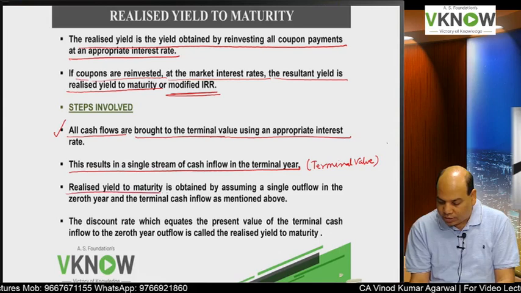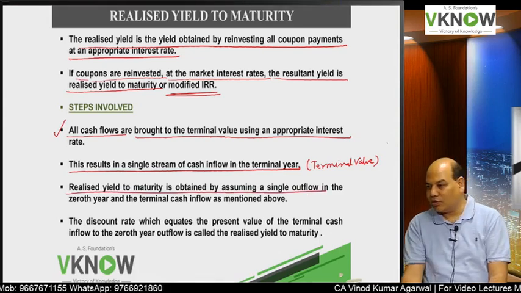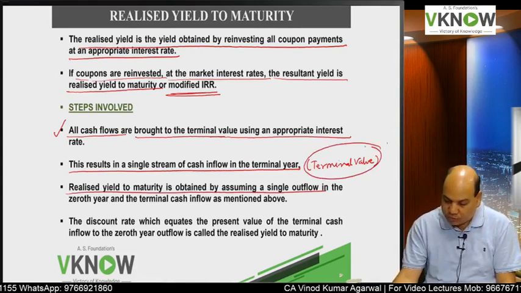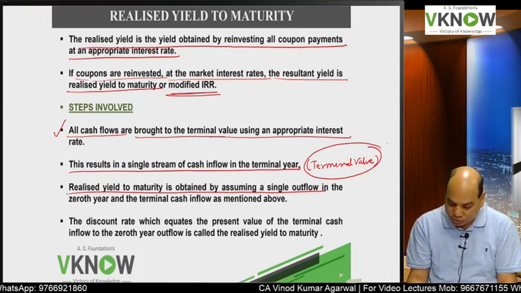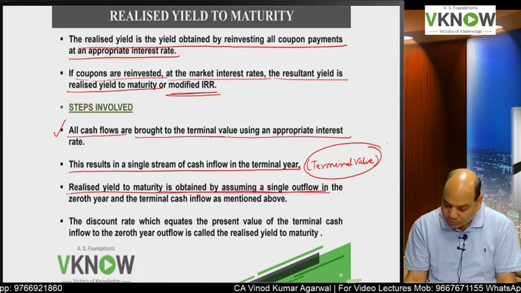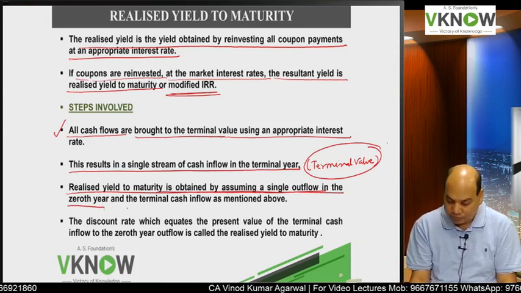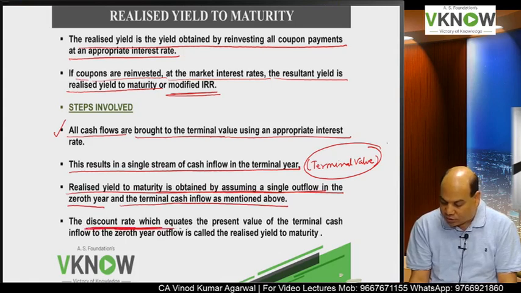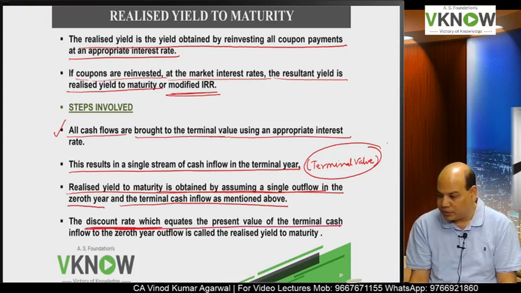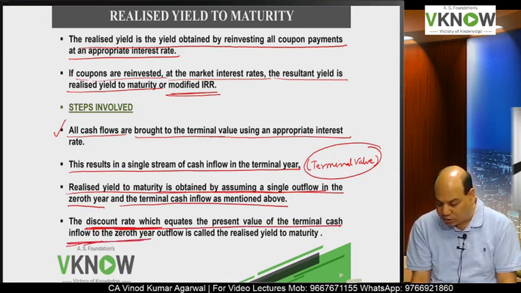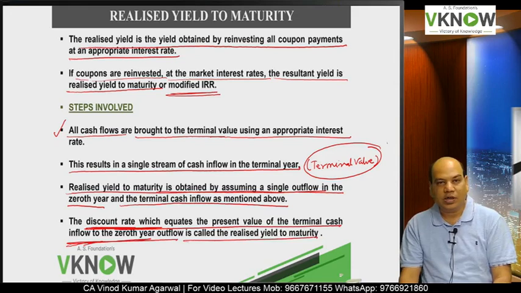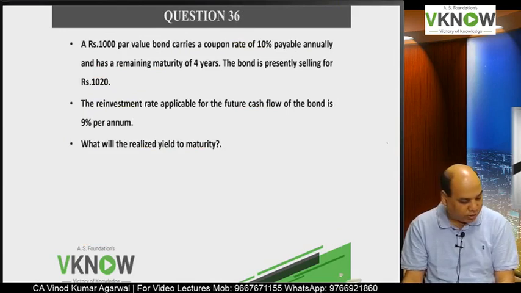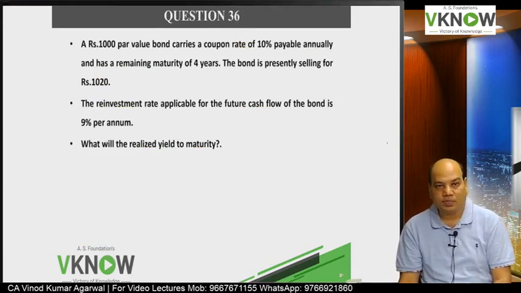Then you have to find out that value, that is the discount rate at which the present value of the future cash flow, that is terminal value, is equal to the amount invested today. Realized yield to maturity is obtained by taking a single outflow in the 0th year and the terminal cash inflow as mentioned above. This is the realized yield. The discount rate which will equate the present value of terminal inflow to the 0th year outflow is called realized yield to maturity. Okay. So I will tell you one application of realized yield to maturity through this simple question